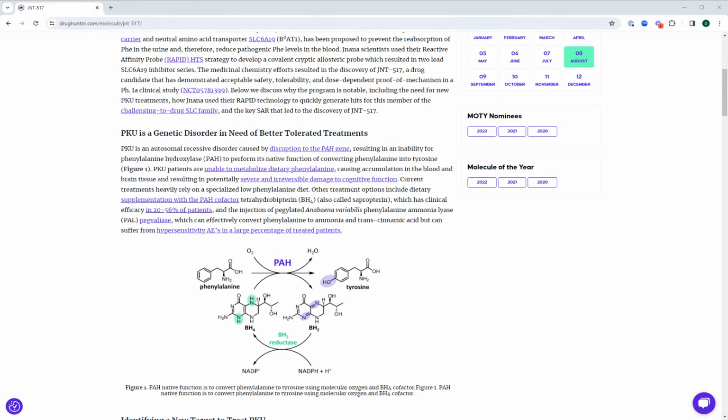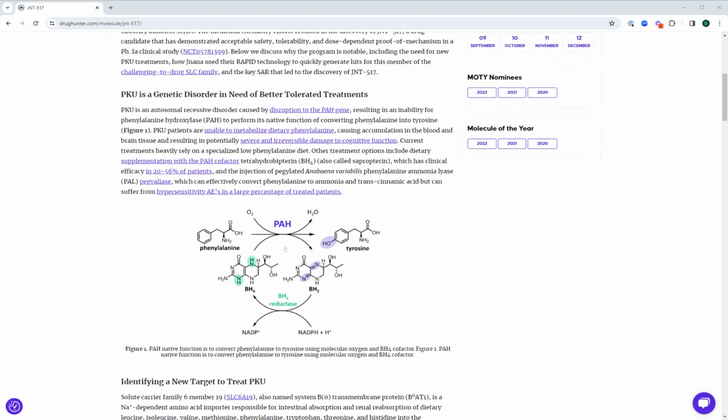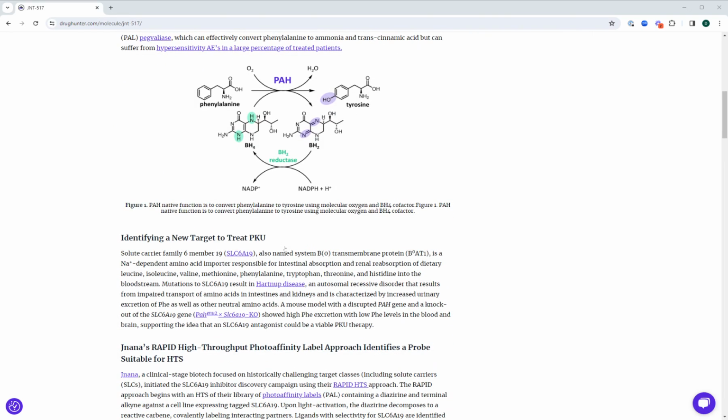We also talk briefly about the indication. The indication here is PKU, as I mentioned, and PKU is caused by a disruption in the PAH gene that's then leading to alanine accumulation in the brain, which could then potentially lead to severe cognitive impairments. And you get a really quick one-paragraph overview of the biology, and you don't really have to go through a 20-page Nature review article in order to grasp the concept.